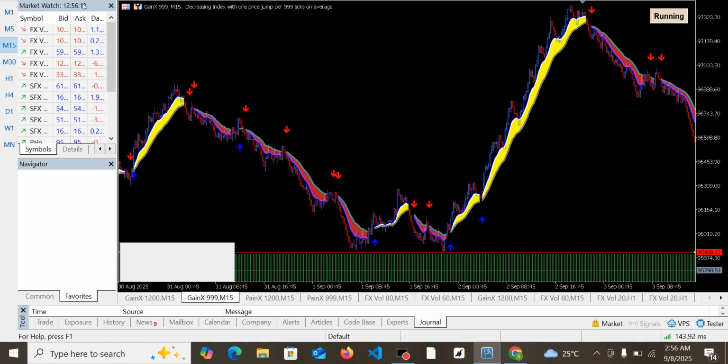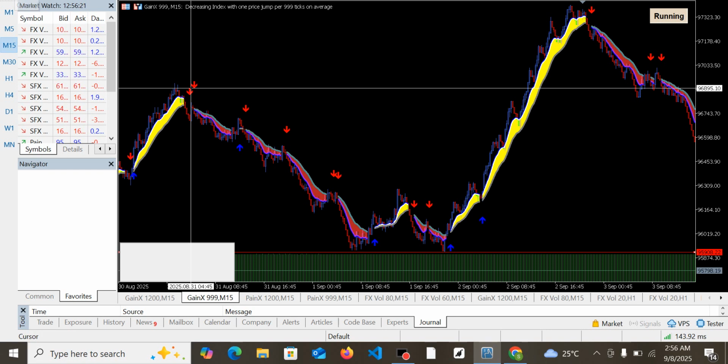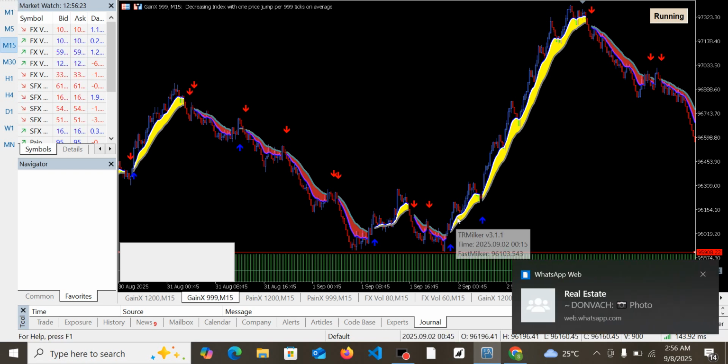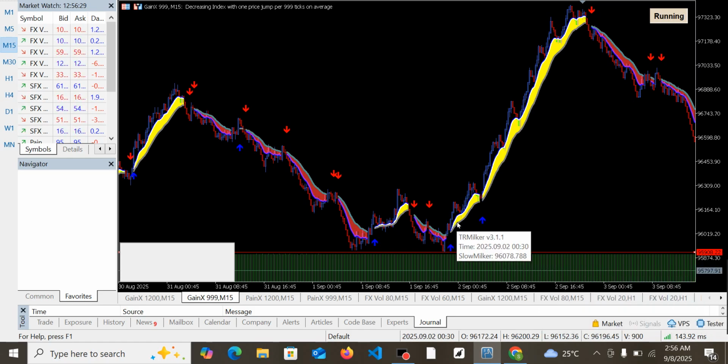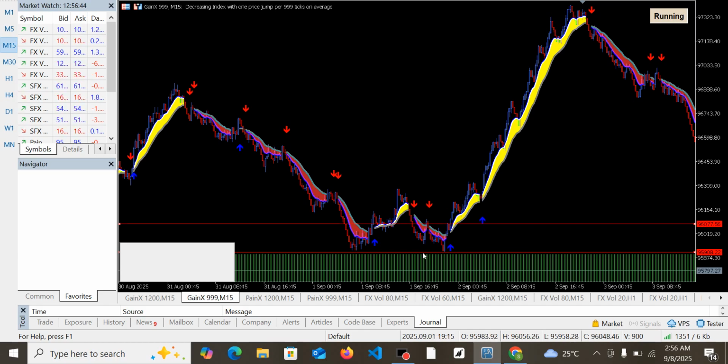Of course, if you notice, this also gave us another uptrend signal, which is the yellow color. That is the uptrend signal. It changed from red to yellow color, gave us a buy signal at this point, which means you can come in and place your order around here, or probably if you miss that, you can do it around here. But let's say we decide to place our order somewhere here, and you put your stop loss at the support region. All you need to do is just stay tight and relax.